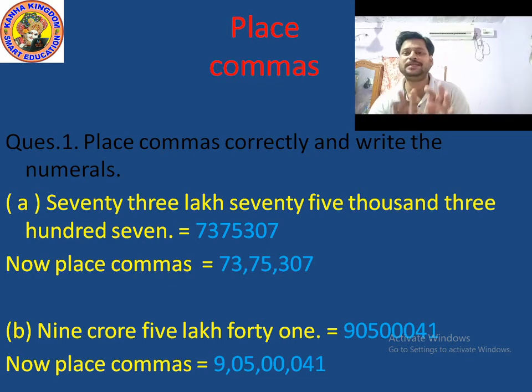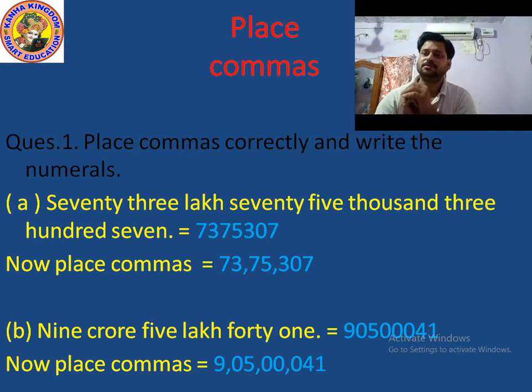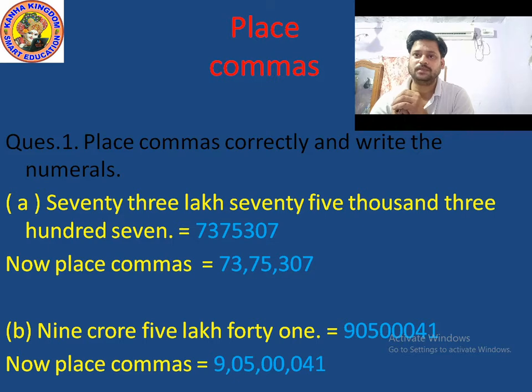Again I will tell the exact answer. You can write the exact number: 9 0 5 0 0 0 4 1. Okay, clear? Now you can insert or put commas in the exact way. How? See,